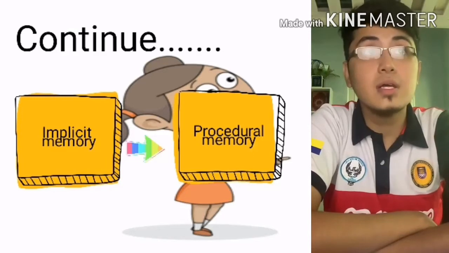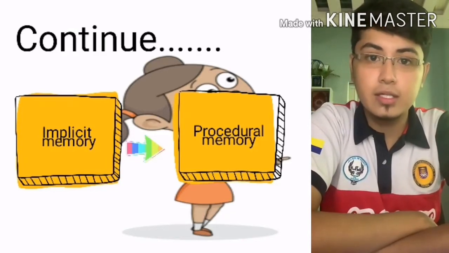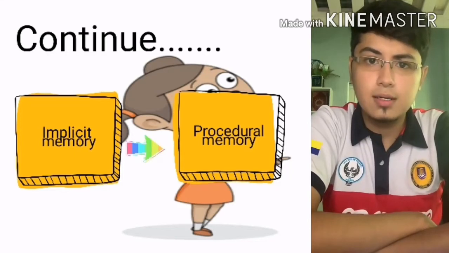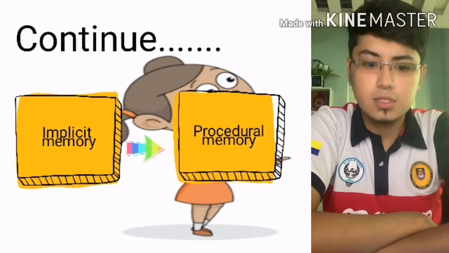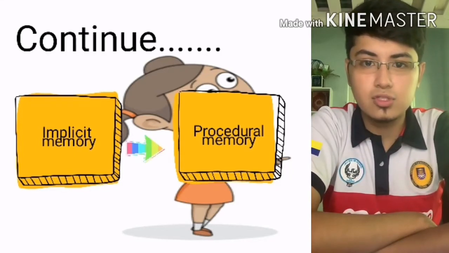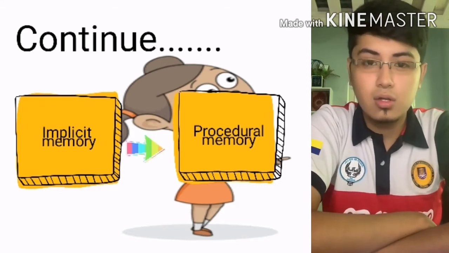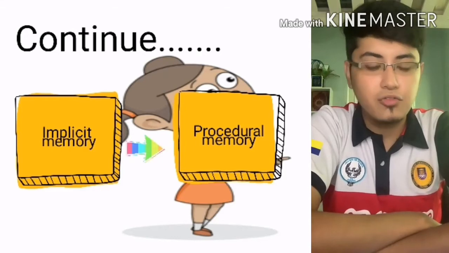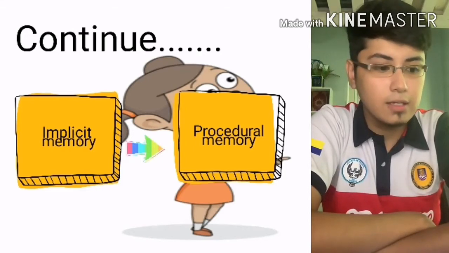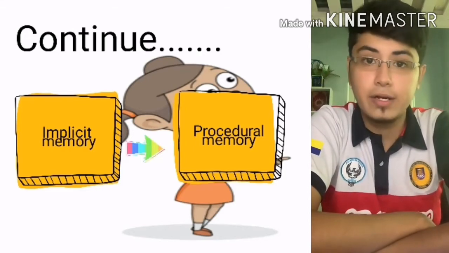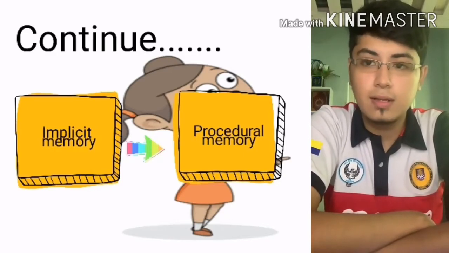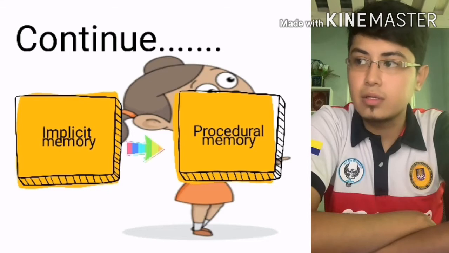Implicit memory is a memory that we do not have to struggle to recall, because we always remember. For example, our home address, our phone number. Another example is our road,